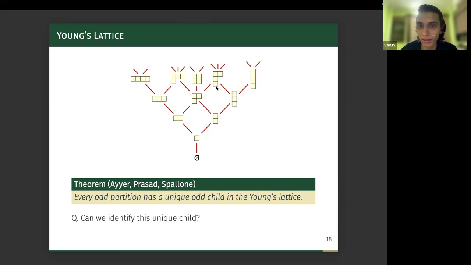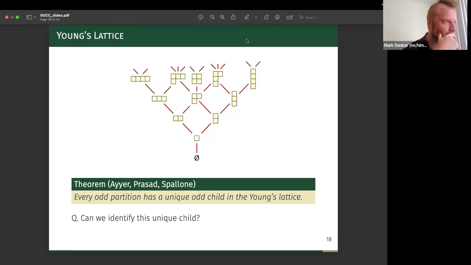So what I said is that we have the Young's lattice. If we just look at all the hooks in the Young's lattice and take the dimensions, what we get is Pascal's triangle. So we get binomial coefficients back again. And the children that I talked about there, n choose k is equal to n minus 1 choose k minus 1 plus n minus 1 choose k. Yeah, that's exactly the same as the two children that a hook will have in the Young's lattice. And so this question is answered for that subgraph, for those partitions, using